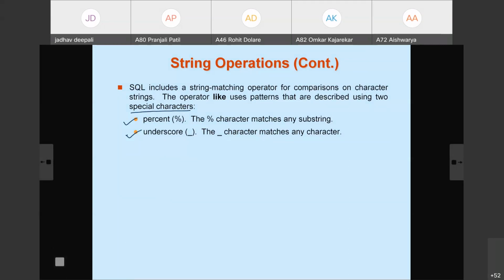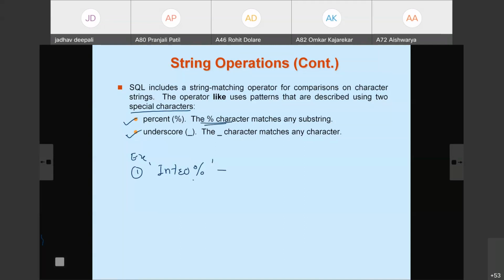Suppose I write here, in single quotes, 'intro' followed by percent. What does it indicate? It matches any string that starts with intro. After that, percent means whatever, it is a substring. It is used to match any substring.